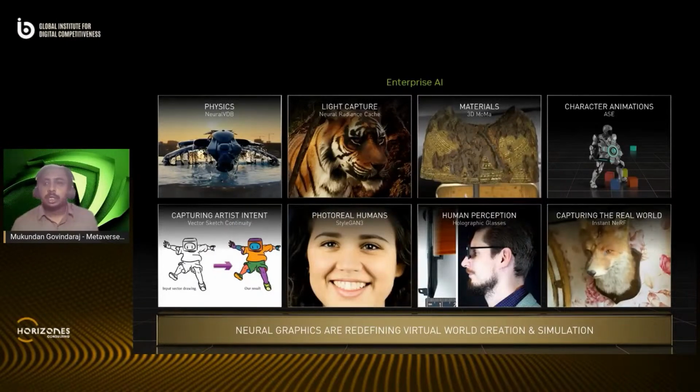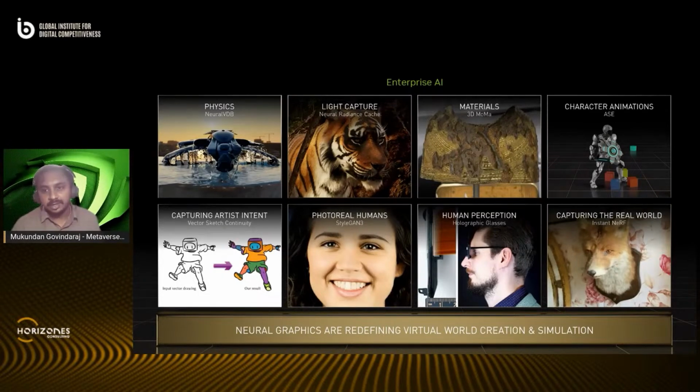NVIDIA is committing to launch very powerful tools under the umbrella of neural graphics. So, neural graphics again intertwines AI and graphics together. As if you remember, I've been mentioning that even in the beginning, where we need more machines doing all the world building for us in order to meet the huge demand that is going to be created. Some of the examples of neural graphics include neural VDB, which is another powerful format, which would be much more powerful than the OpenVDB, which is available now. Plus, you will also be able to churn beautiful simulations at almost 1/10 the size, plus 10x the more